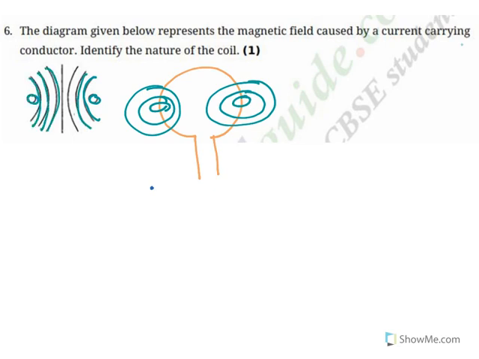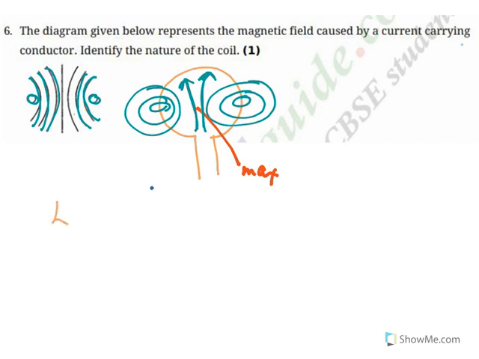And in the center, they're almost straight lines. That is why in the center the field is maximum, because all the magnetic field lines are in the same direction. So for this the answer is